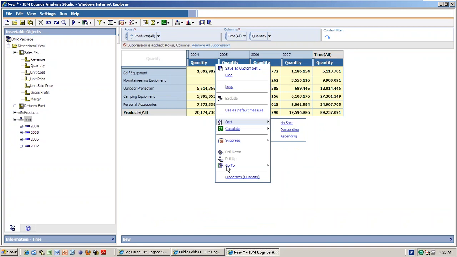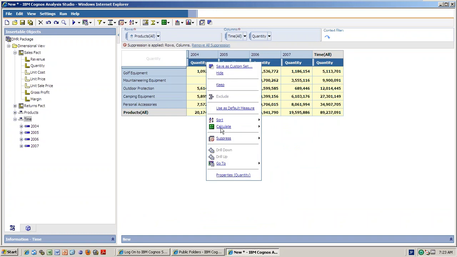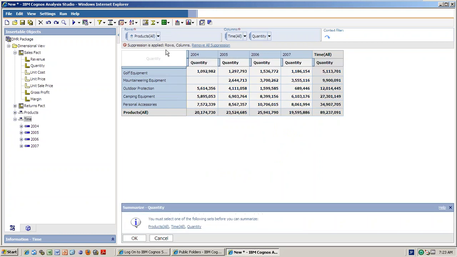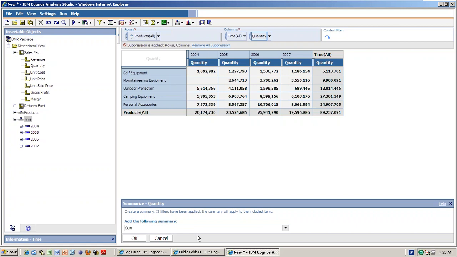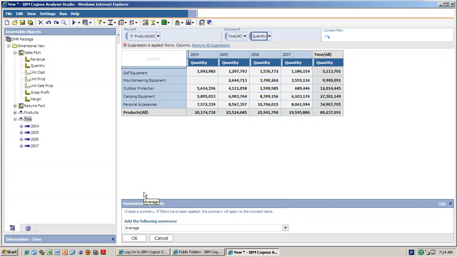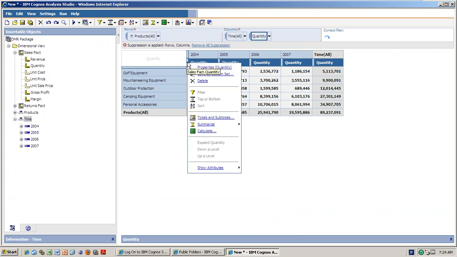One second. Just select the quantity and go ahead here. Why is it still summary? It's not changing. Okay, average. And click OK. One second, just delete it.